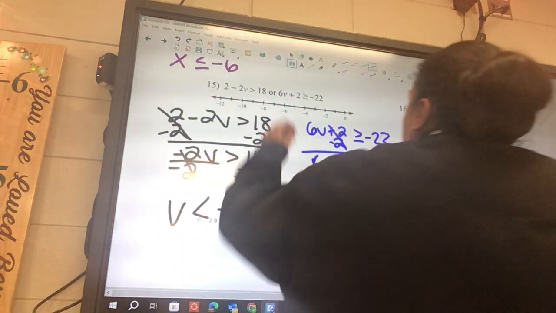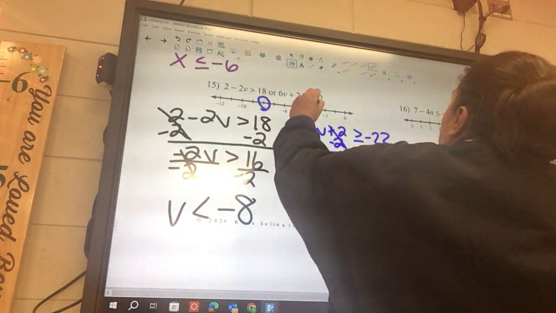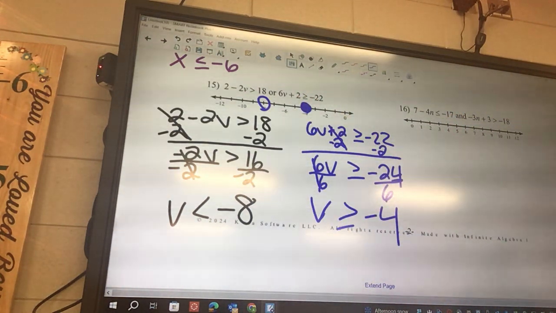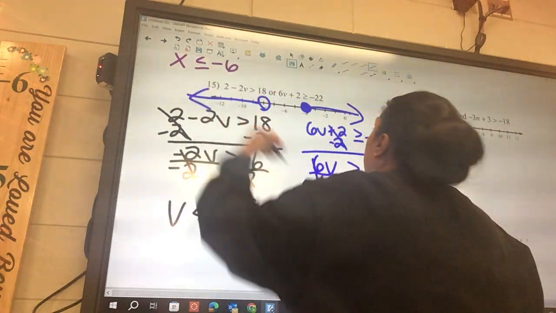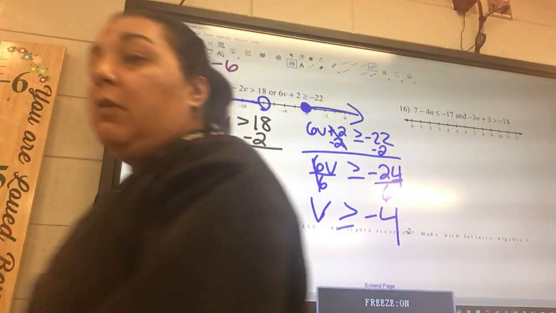Okay, on the 8 is going to be open, and the 4 is going to be closed. Should they be pointed in or out? Out, because it's an or. Okay, you guys have 8 to do on your own. Go through